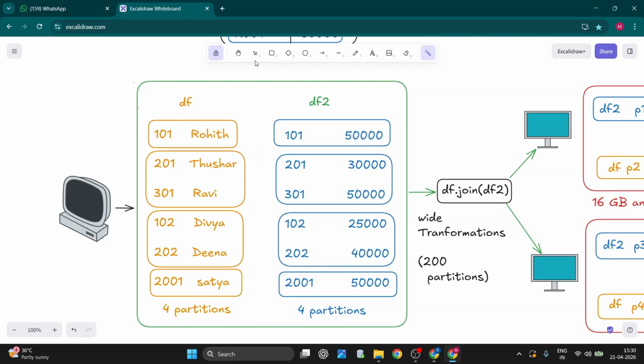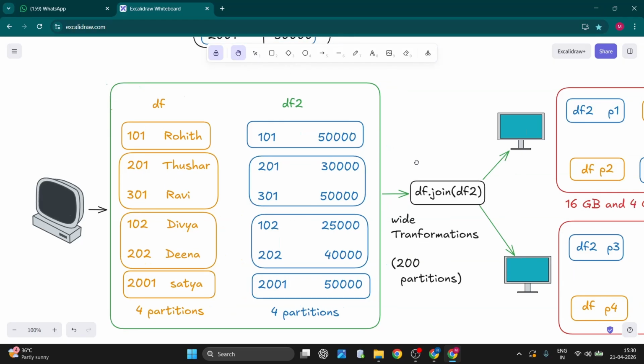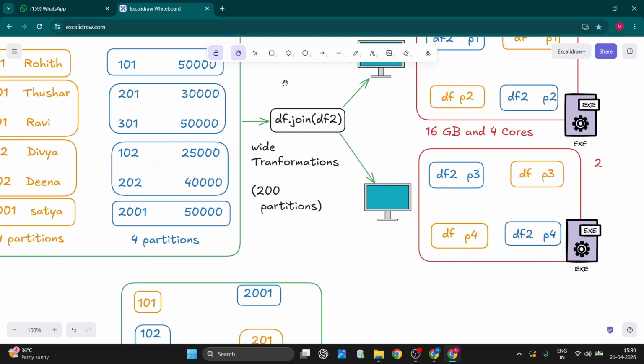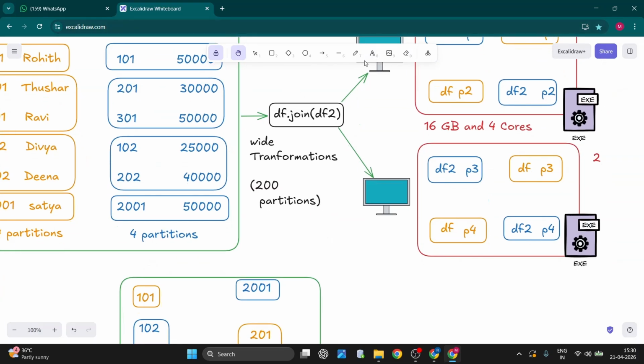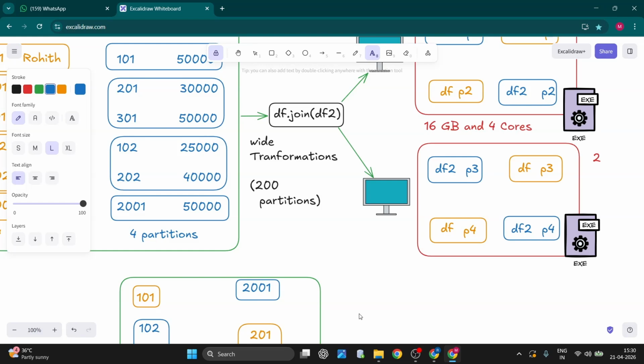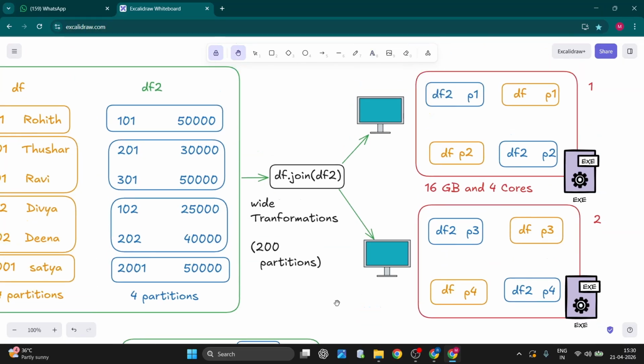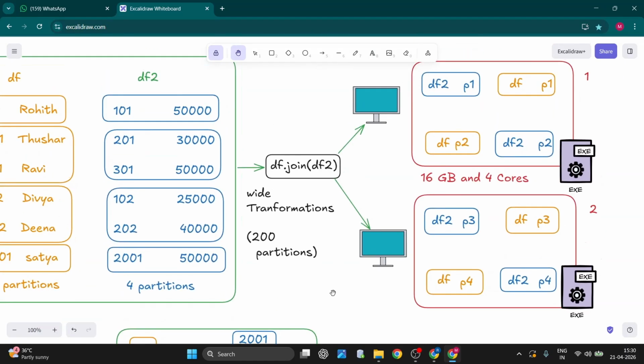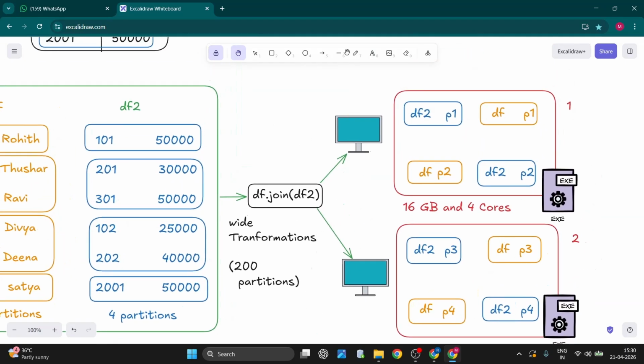Before applying the join, if I hit df.display, an action command,